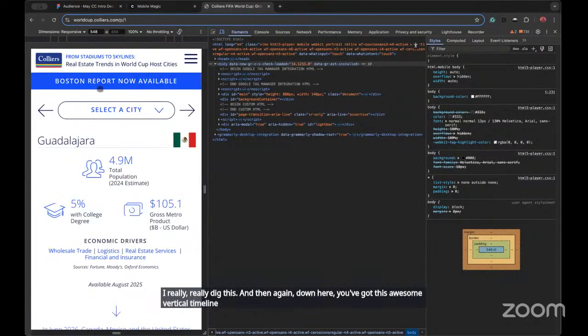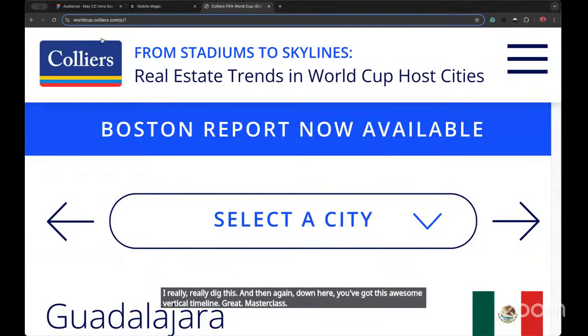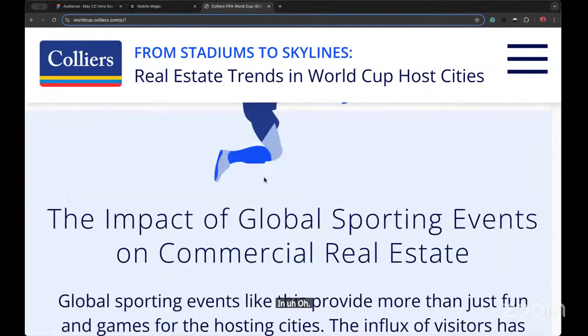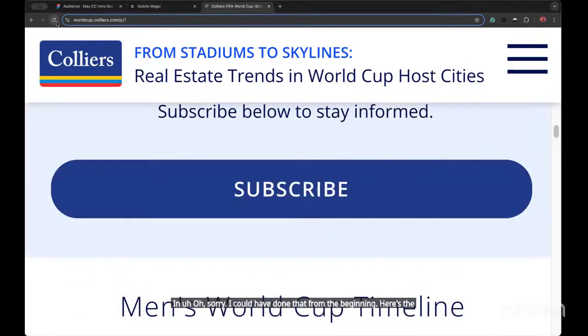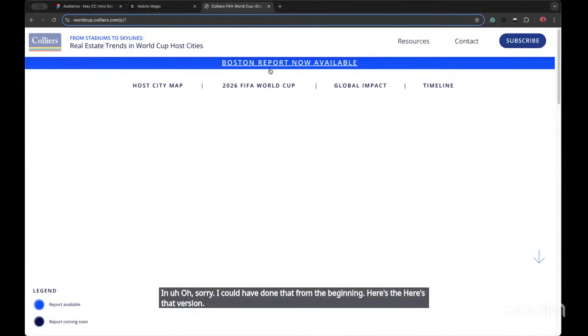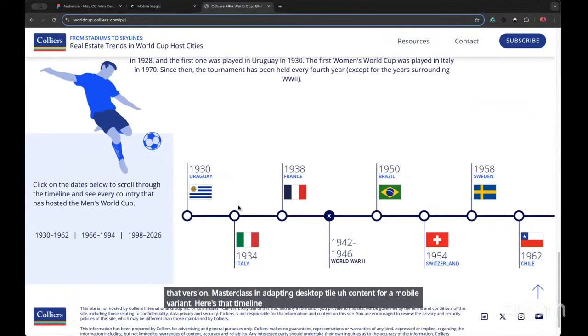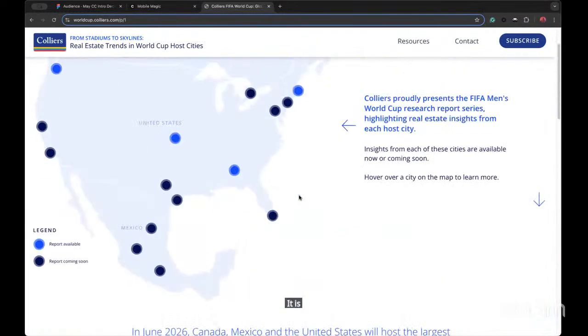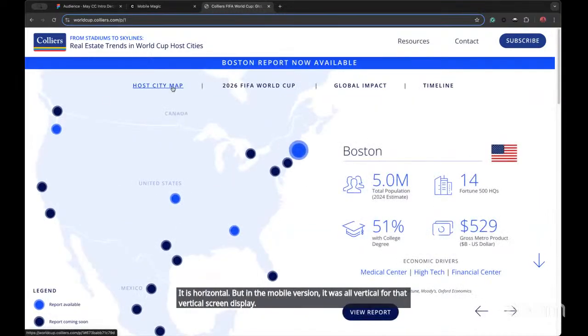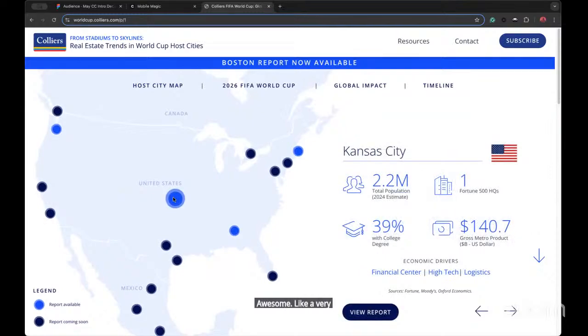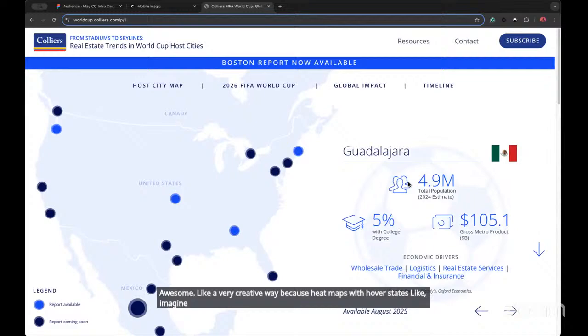Great masterclass in, oh, sorry, I could have done that from the beginning. Here's that version. Masterclass in adapting desktop content for a mobile variant. Here's that timeline again. You see in the desktop version, it is horizontal, but in the mobile version, it was all vertical for that vertical screen display. Awesome. Like a very creative way, because heat maps with hover states, like imagine trying, like this is great for